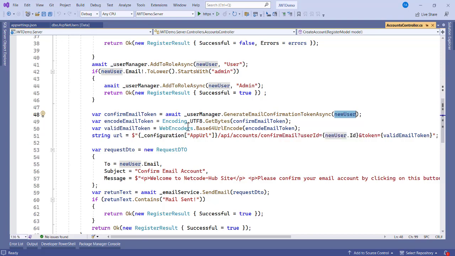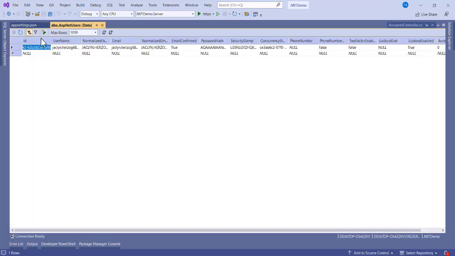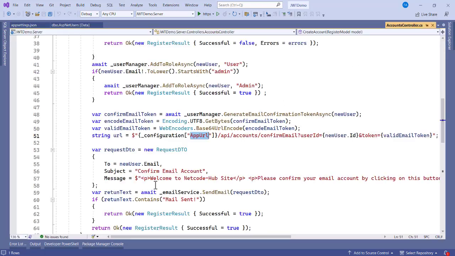We are encoding the email token, then we create a URL that's going to be sent there. Now we are getting the configuration from this app URL, which is the localhost and port, as indicated in the appsettings.json. You see we have this, the app URL. So we get that. Then the next thing that we are doing here is we are going for the API